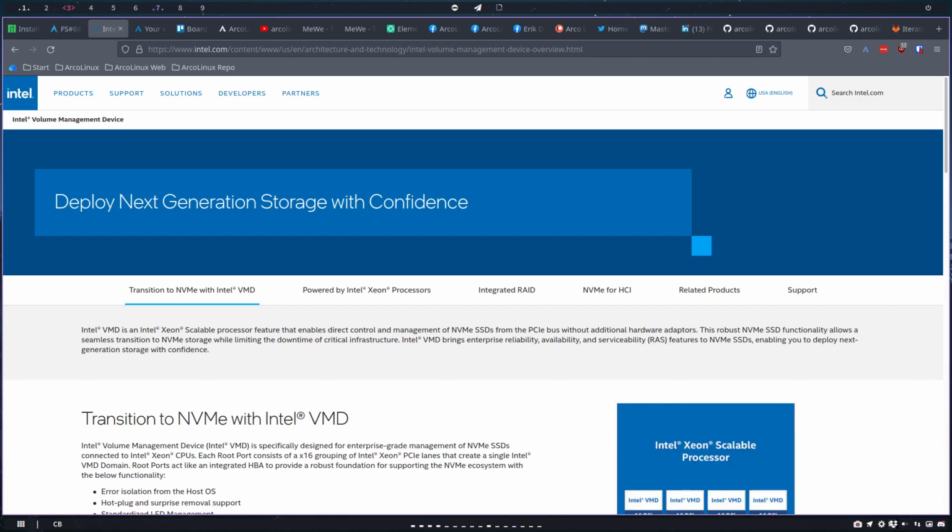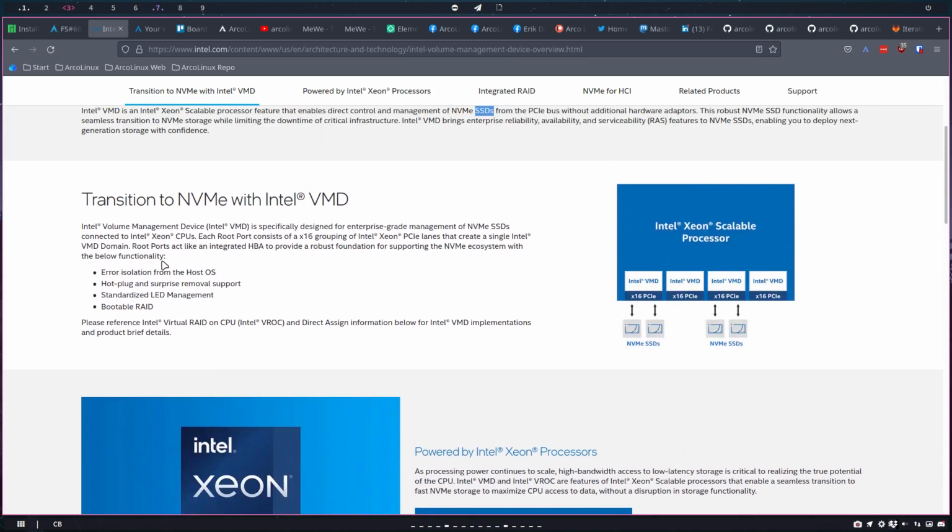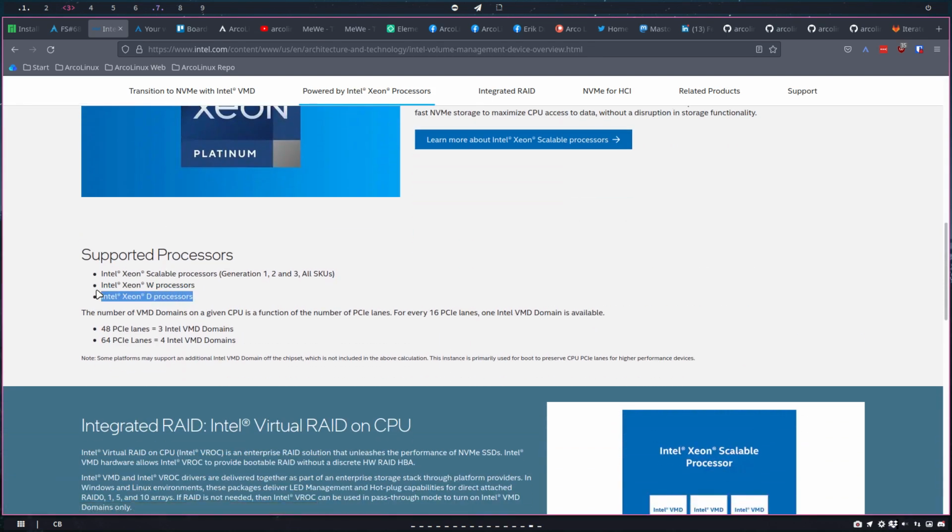Hi guys, this is gonna be a technical video for all those people who have hardware that's connected with VMD. So Intel VMD is an Intel Xeon scalable processor feature that enables direct control and management of the latest NVMe SSD, so the solid state drives, but these small things, from the PCIe bus without additional hardware adapters and so on. So some of the PCs sold today, supported processors,